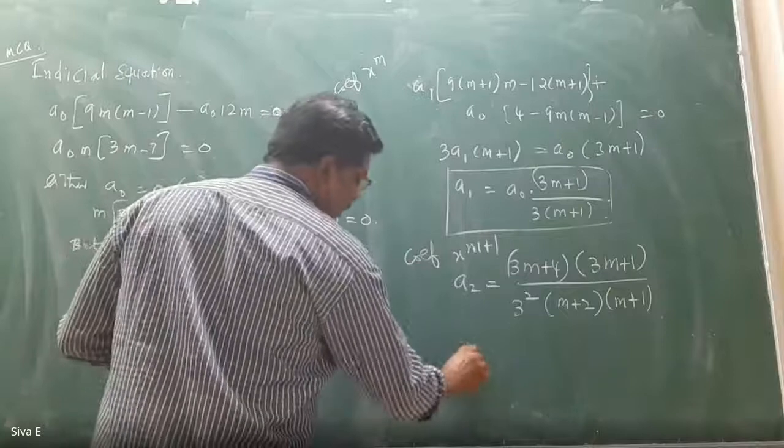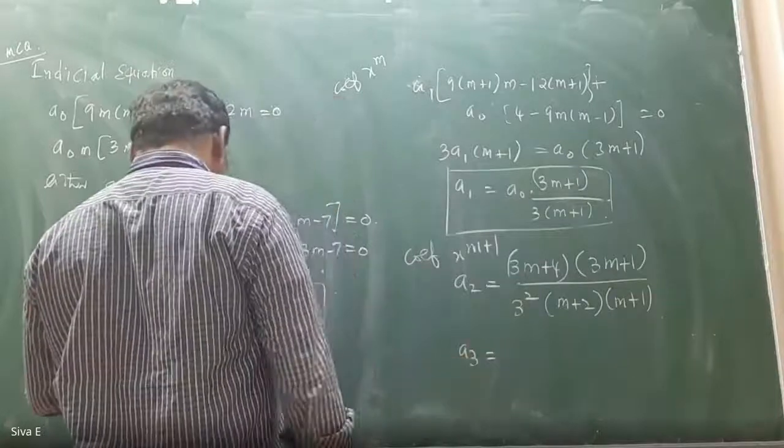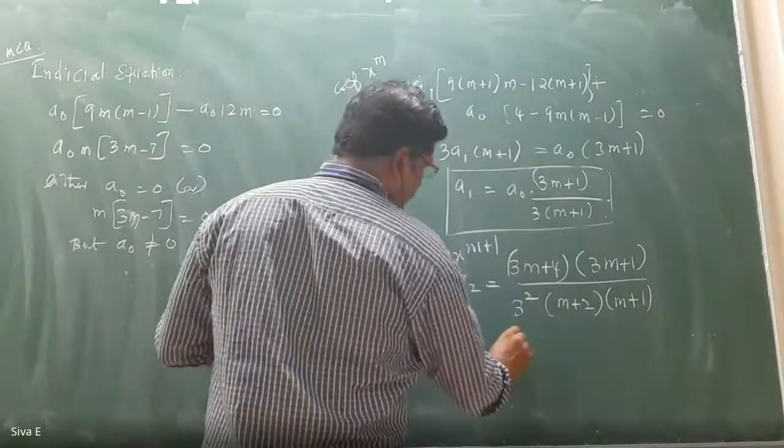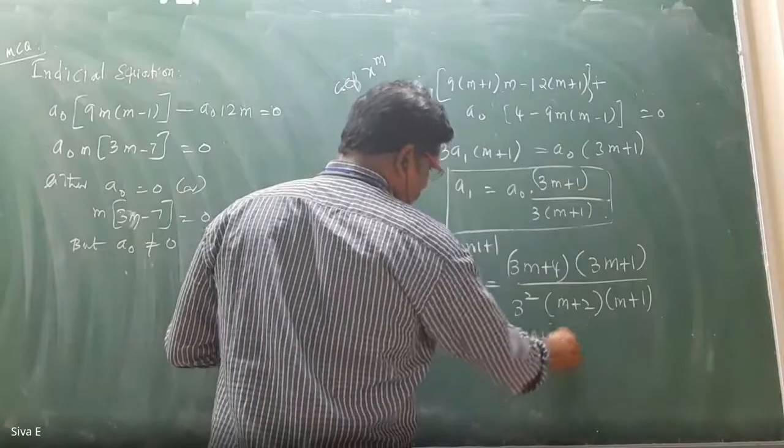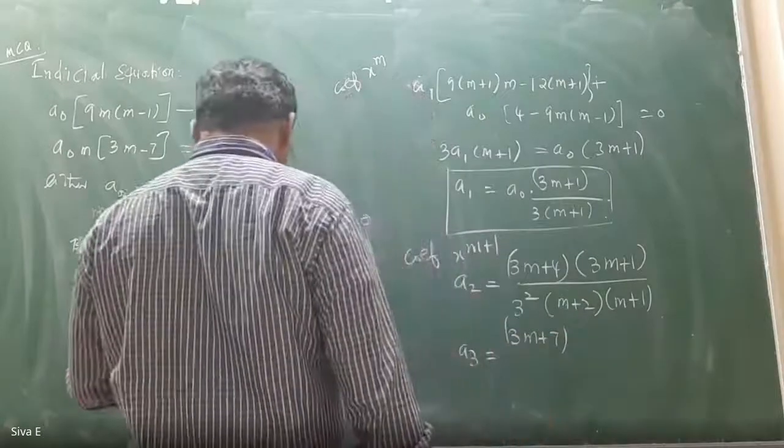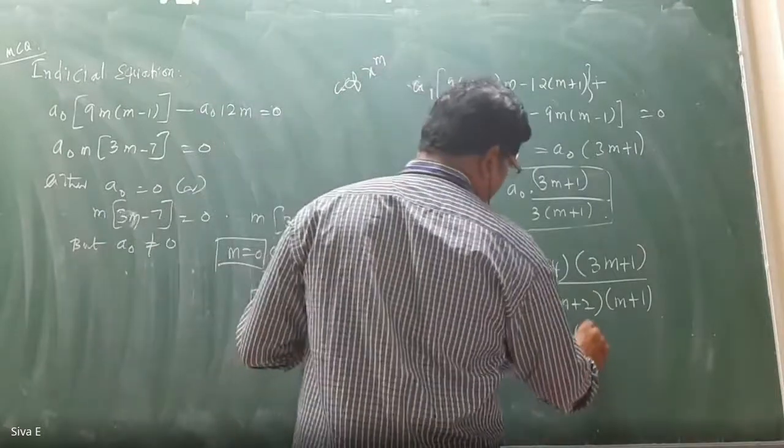Similarly, a3 can be written as (3m plus 7)(3m plus 4)